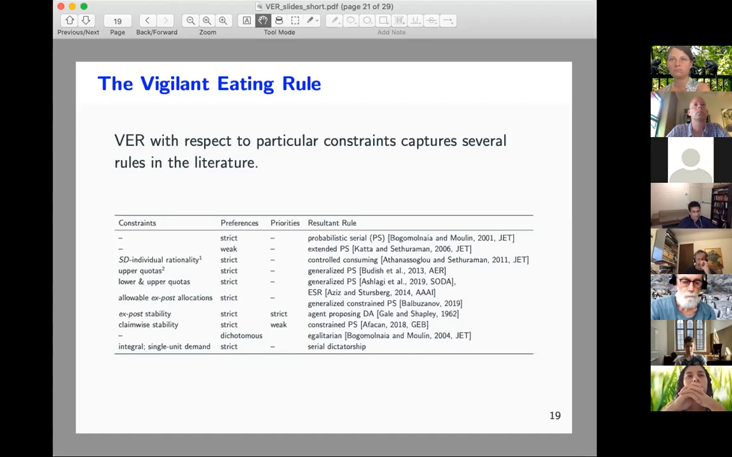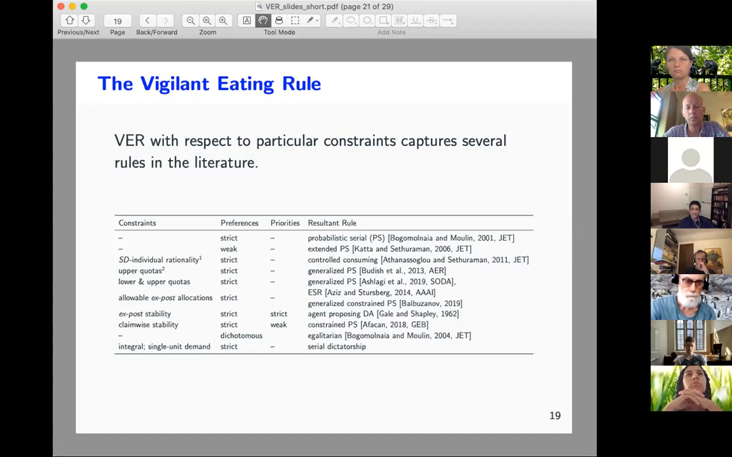A couple of things I want to mention here. I already mentioned that if, let's say, the constraints are ex post stability and preferences are strict and priorities are strict, the rule coincides with the agent-proposing deferred acceptance algorithm of Gale and Shapley. I'll just mention one other coincidence, which is that if, let's say, the constraints are such that